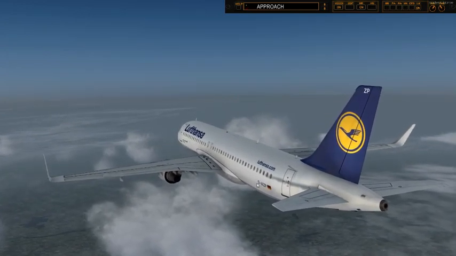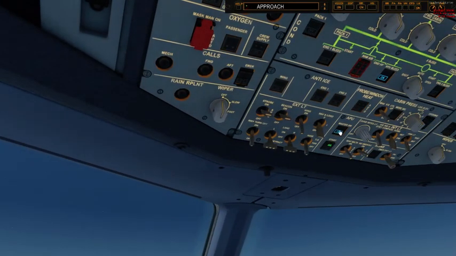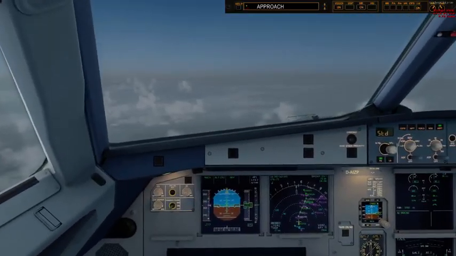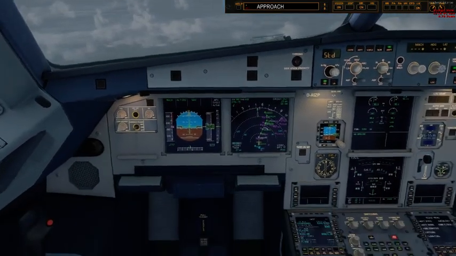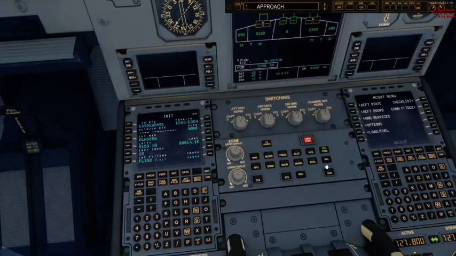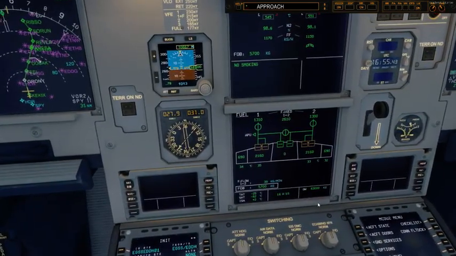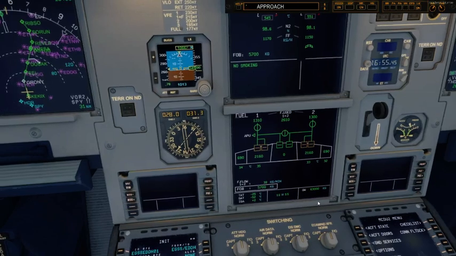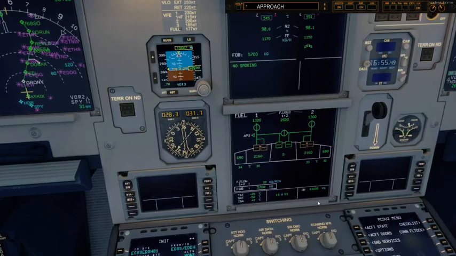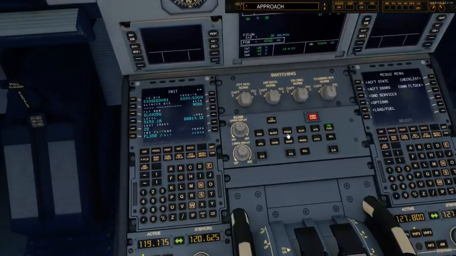You know what I just realised? We've got the APU on still. Whoops! Never mind, it won't make too much of a difference, I don't think, with regards to the fuel. Speaking of which, let's have a look. Fuel. With you at flight level 160. Looks like we're good. Yeah, we should be more than fine. We've got plenty of extra reserves, so...